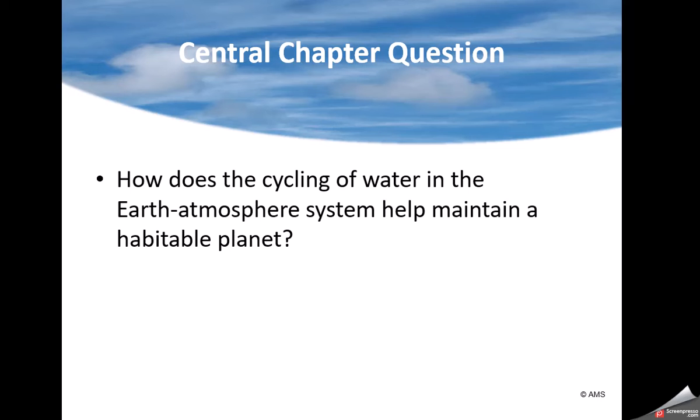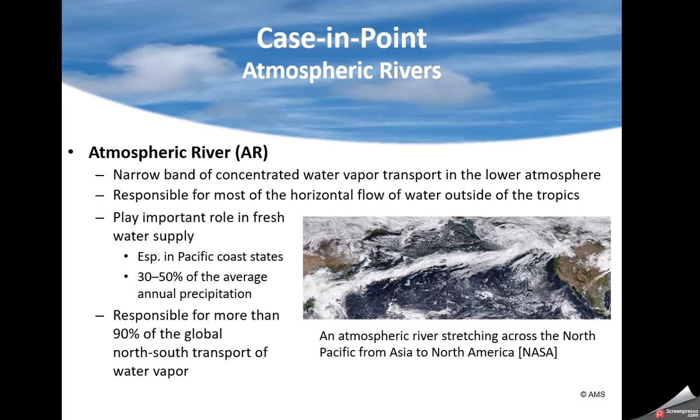We talked about the hydrosphere as being a water interface with the Earth. Well, here is an example of an atmospheric river. Literally, it grabs moisture across the Pacific in this case and pulls it into the northwestern U.S. And you can see the cloud band here going all the way across the Pacific. And this can really dump a lot of rain in the western United States.